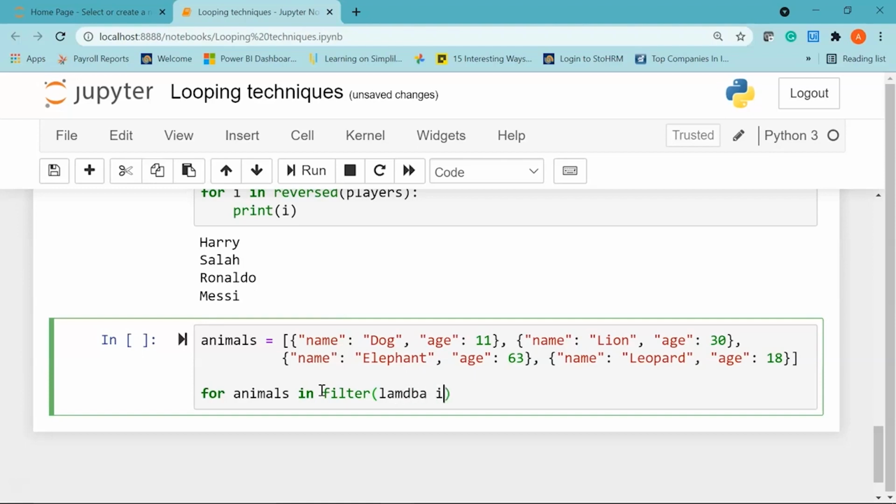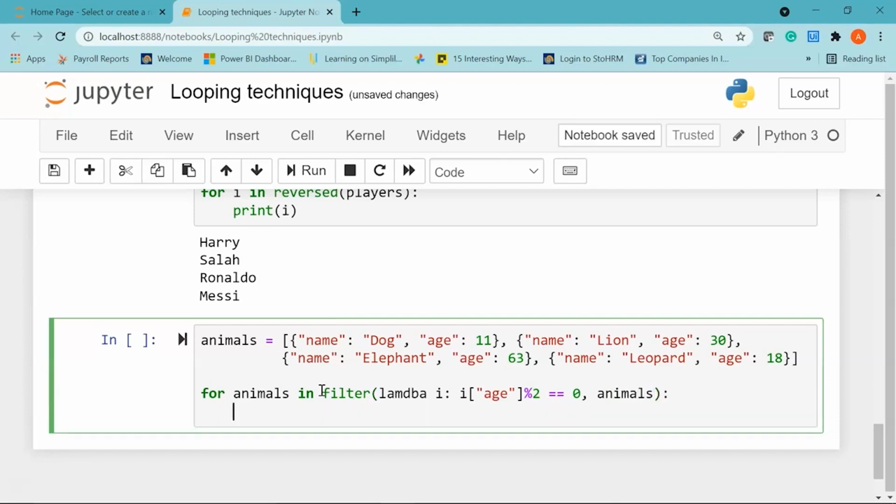I'll say lambda i colon i of age, if it is divisible by 2, so I'll say age modulo 2 equal to 0. Give a comma, then we will print that animal. I'll give a colon. I'll say print animals.